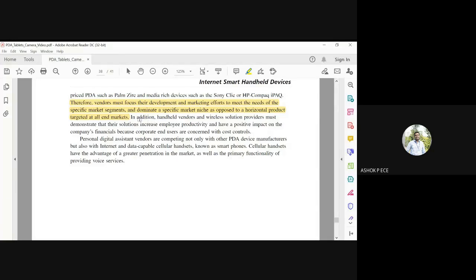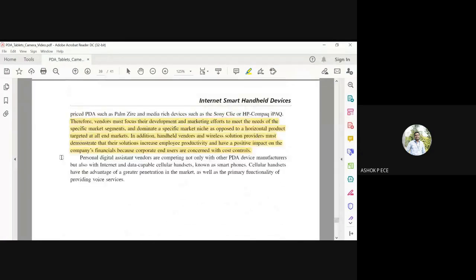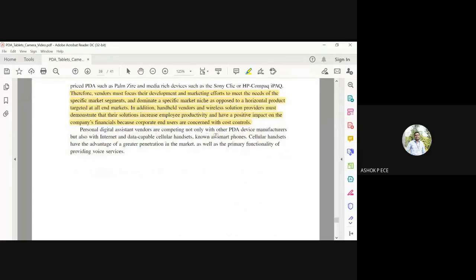In addition, the handheld vendors and wireless solution providers must demonstrate that their solutions have a positive impact on the company's financials, because corporate and end users are concerned with cost controls. And finally, personal digital assistant vendors are competing not only with other PDA manufacturers but also with mobile phones and smartphones.